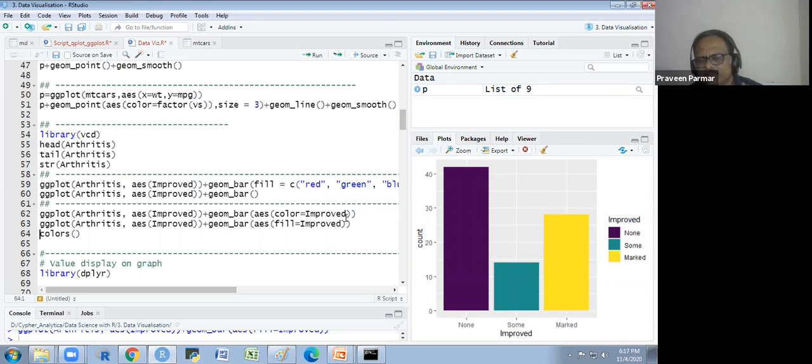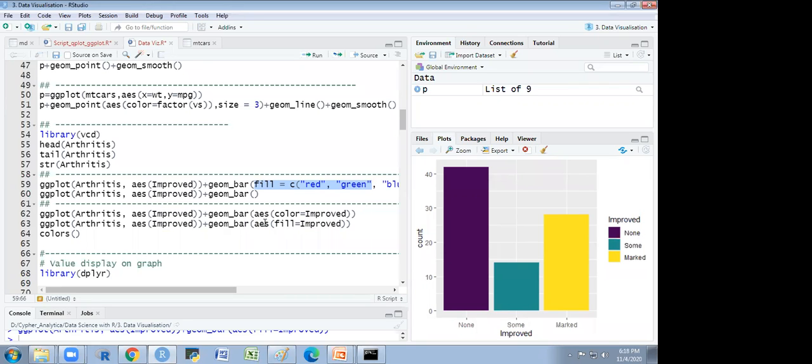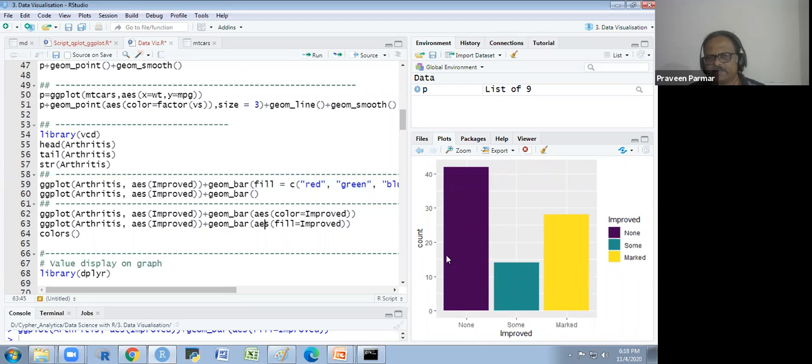So this color, I have taken this as an aesthetic because improved is a variable. So I have to use the aesthetic. There is no aesthetic when I am putting color as my choice. It is the default color it is taking. R is providing default color as per the 3 categories.